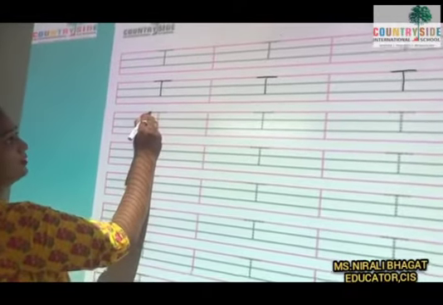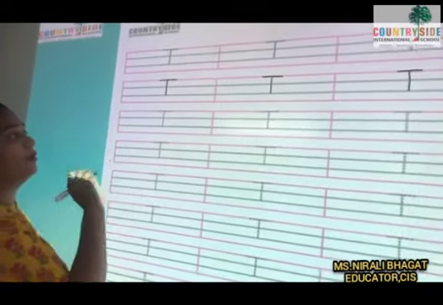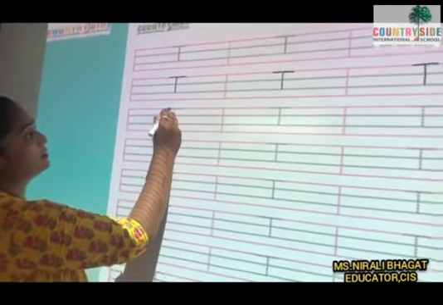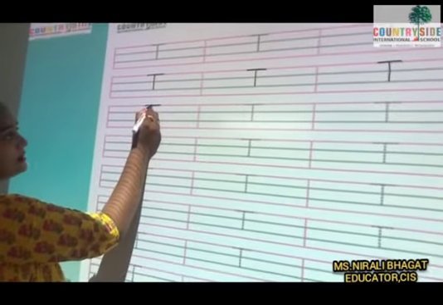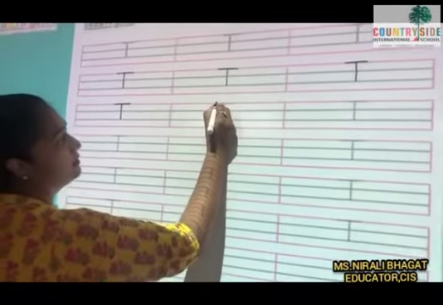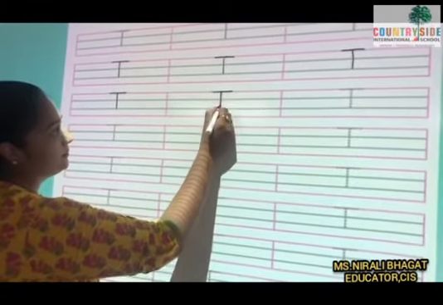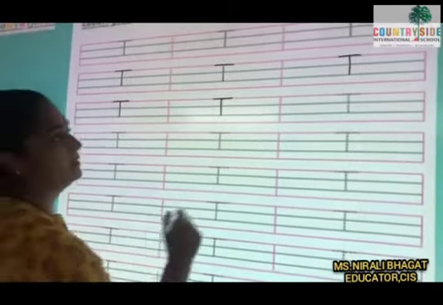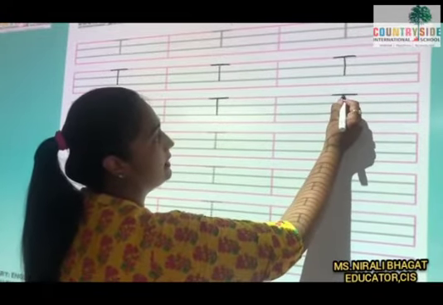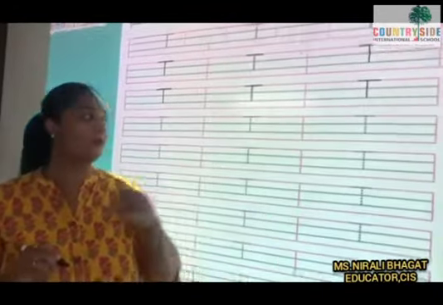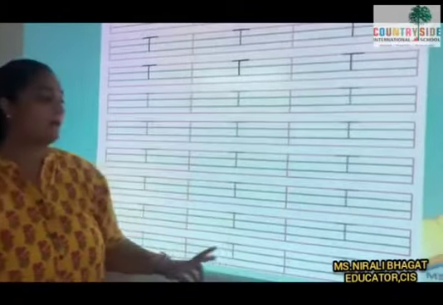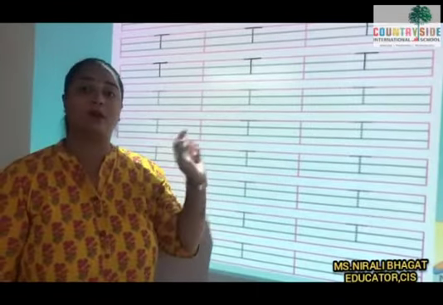Again I will show you. First which line? Standing line? No, first is sleeping line. So sleeping line pattern, and from your center you will draw standing line. Children, do it slowly. Sleeping line, and then standing line. Sleeping line and standing line. So this way you will join the dots to complete this capital letter T, and same way you will complete this page by joining the dots carefully.